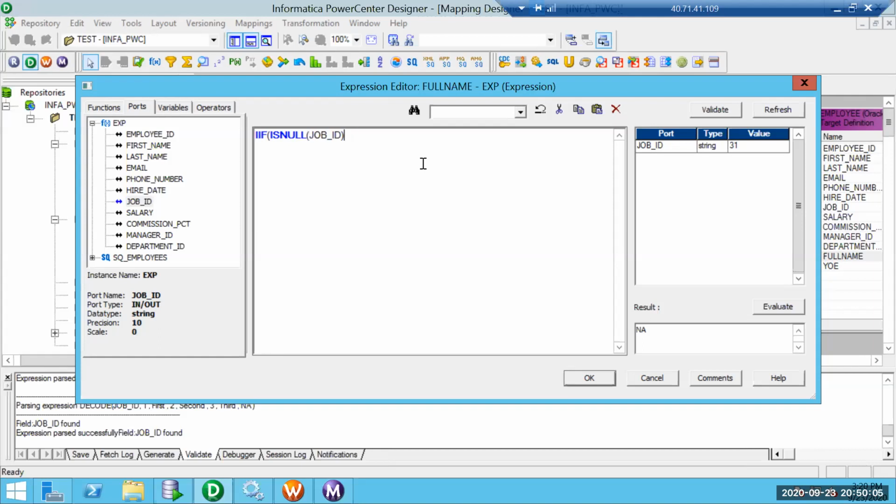If my job ID is null, then I am going to populate a default value like -2. If the job ID is not null, if can have, when the condition is matched, the then clause, then the else clause. If, then, else. This will be separated by commas.